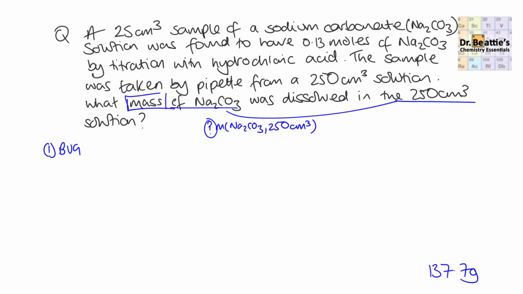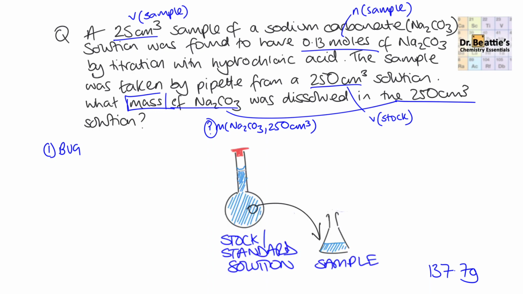So the mass of the sodium carbonate in 250 centimetre cubed solution is exactly what we're trying to calculate. Our given values are as follows. Then what we need to do is start to look at the equation that links all these together. But before we get to that, let's draw a picture just to help us think. And at this point, let's put our information annotated around this diagram to really start to conceptually understand what's going